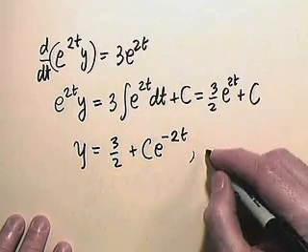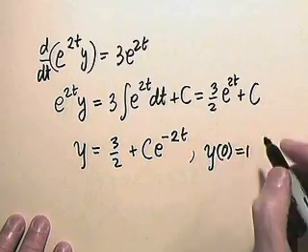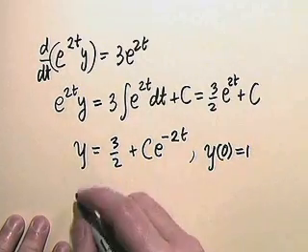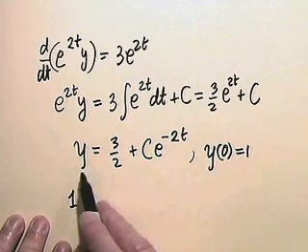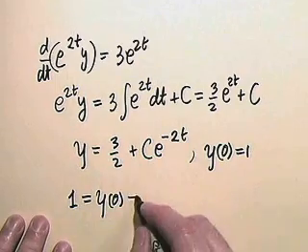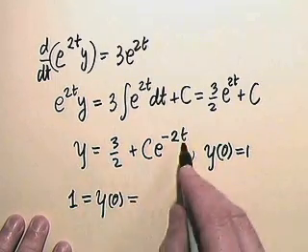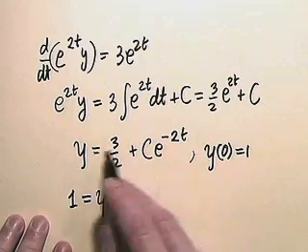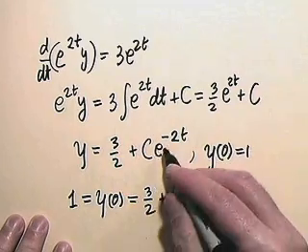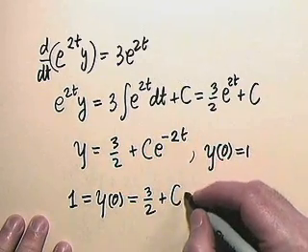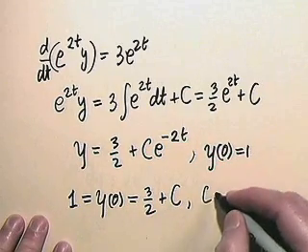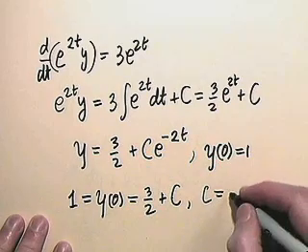But remember, we want y at 0 equals 1. So we're going to replace everywhere t by 0 and set the resulting value of y equal to 1. So y at 0 equals 1. On the other hand, from its expression here in terms of this functional relationship, y at 0 is 3/2 plus c e to the negative 0. Well, that's e to the 0, which is 1. So 1 equals 3/2 plus c, and so therefore c itself is just